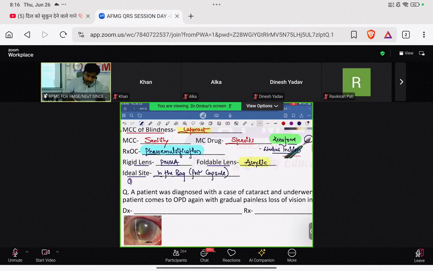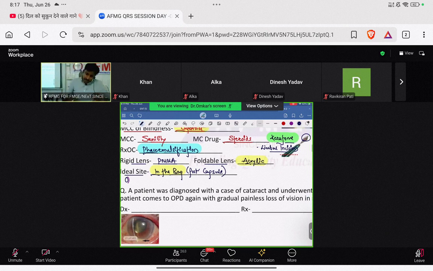Intraocular lens, PSM, it is going to be which method of prevention? Intraocular lenses will be an example of secondary level of prevention, because intraocular lenses used in cataract surgery are used for treatment of cataracts. Contact lens or spectacles will be which level of prevention? Tertiary. Contact lenses or spectacles will be tertiary level of prevention, because they do not treat the refractive error, they just help you to see, that is disability limitation. Clear है बात? दोनों में गड़बड़ाना मत.